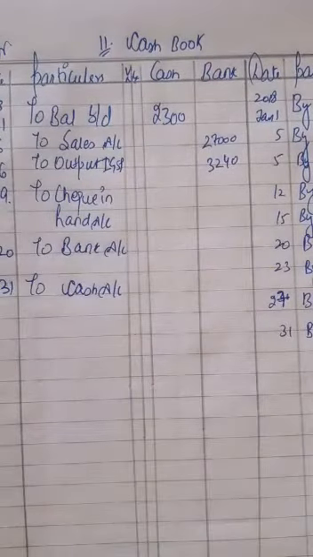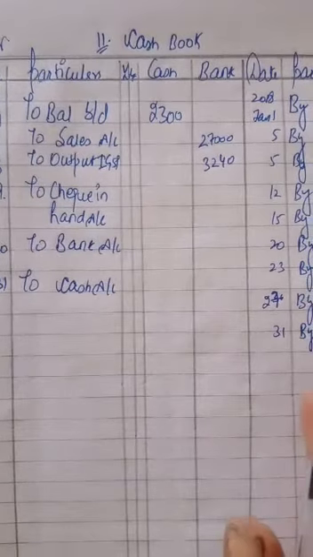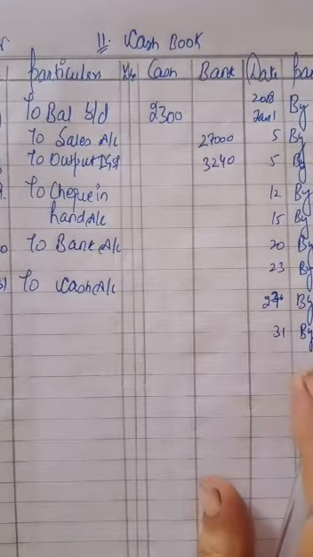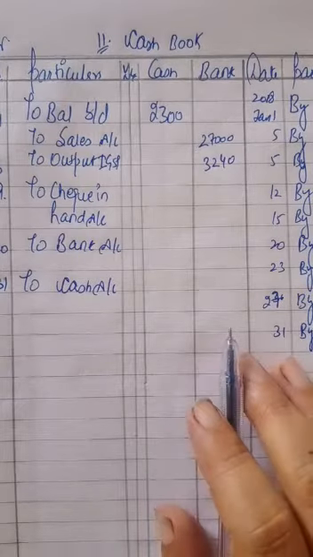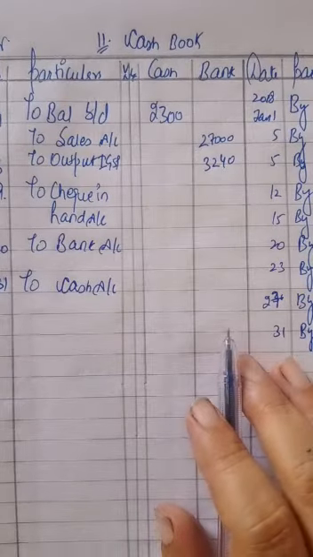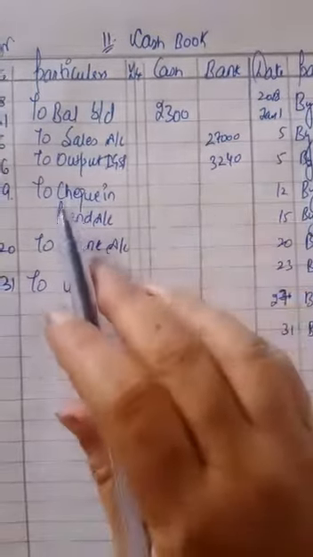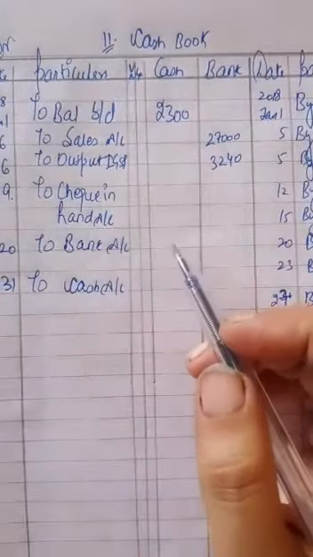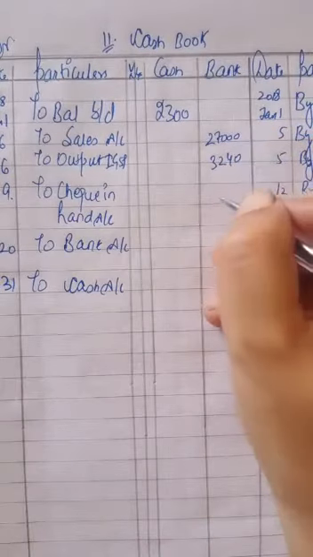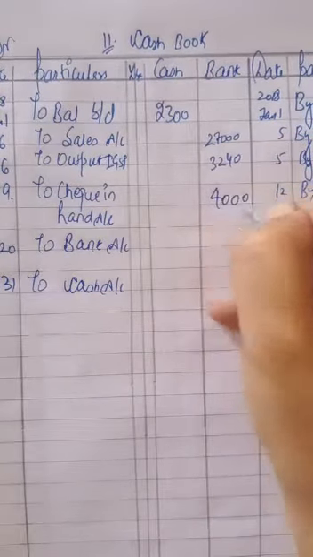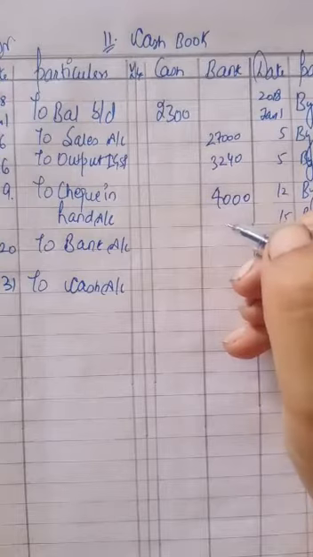Okay beta. Next is January 7, check received from S. Nair. You just have received a check from S. Nair. It is not deposited into bank. And on 9th, after 2 days, the check received from S. Nair is deposited into bank. Now on 9th you will record check in hand. It was of value 4,000. It will be now deposited to the bank account.